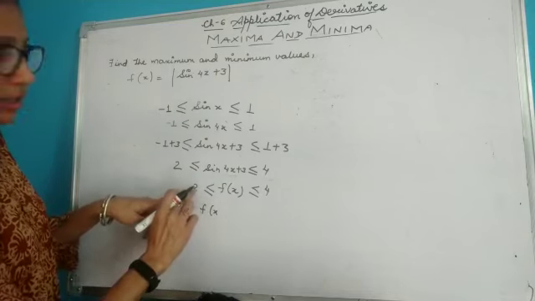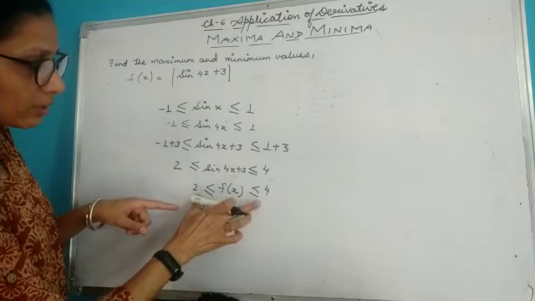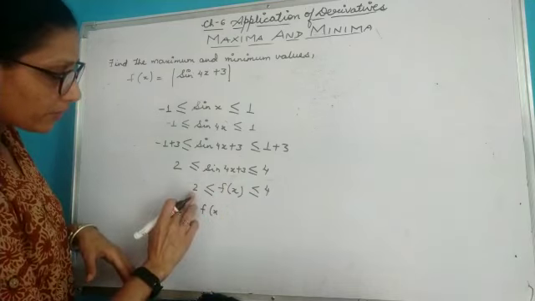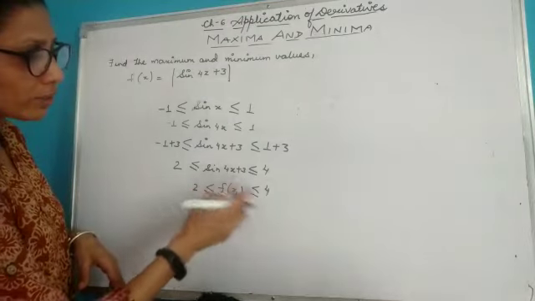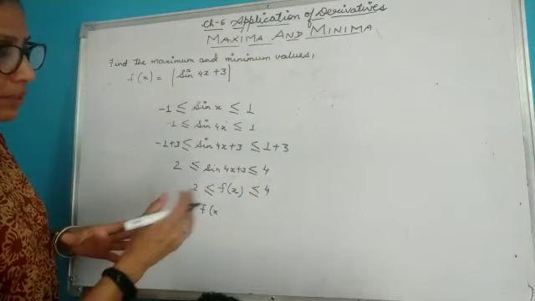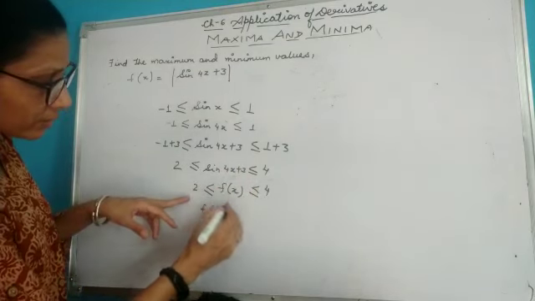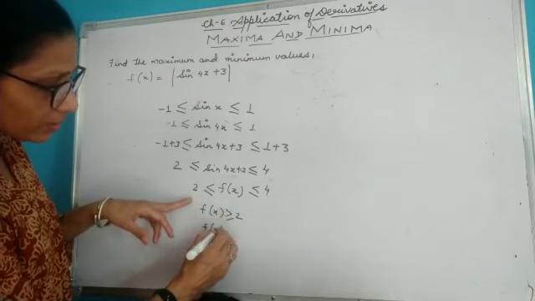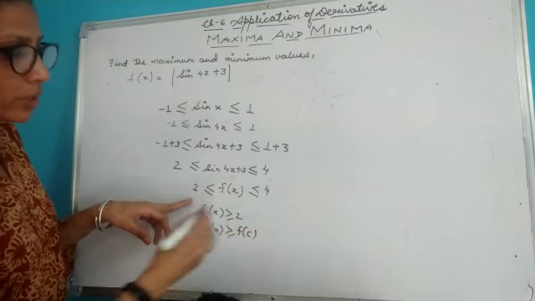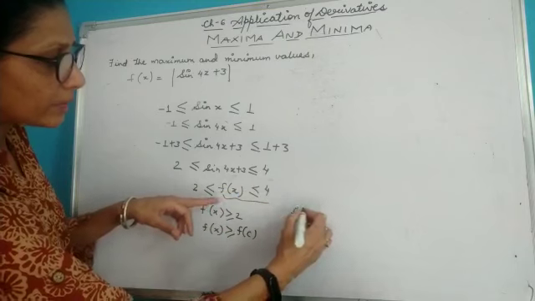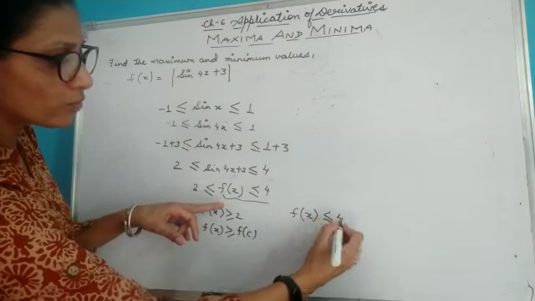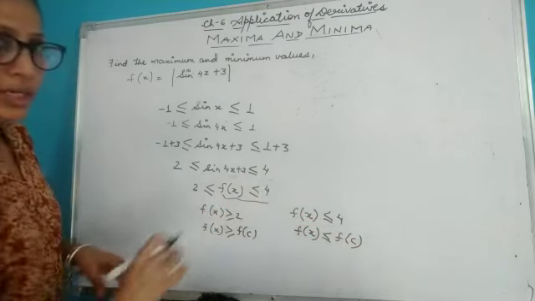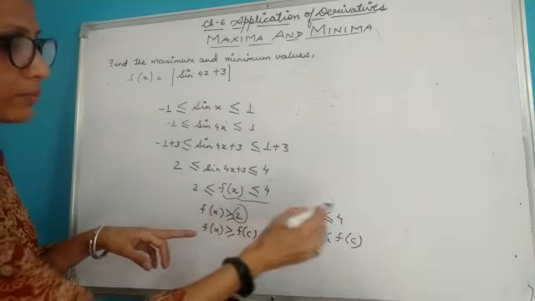Actually these are the points where it attains the minimum and the maximum value. Now I am just finding out whether this will be my minimum value or maximum value. So this is fx is greater or equal to, this is say 2. So I am getting it here, fx is greater or equal to fc. Okay. Now if I bifurcate this, then I will be getting fx is less or equal to 4. That means your fx is less or equal to say your fc. Now you need to find out whether this is your minimum or maximum value.